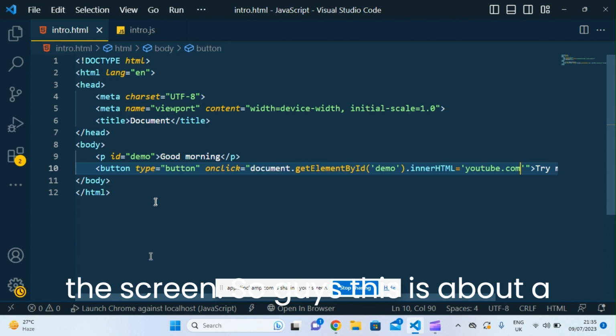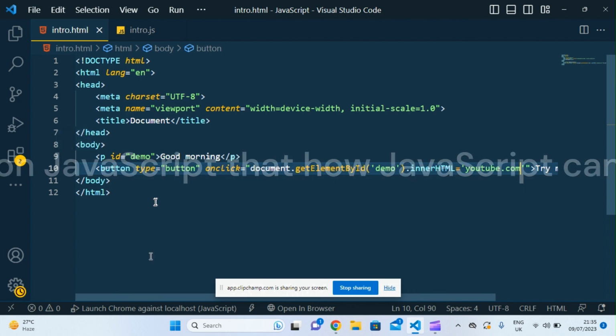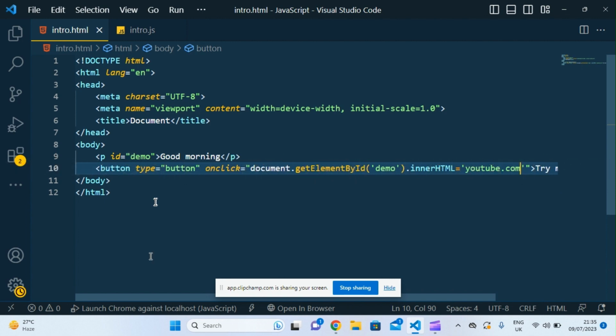So guys, this is a small and short tutorial on JavaScript, on how JavaScript can change the HTML